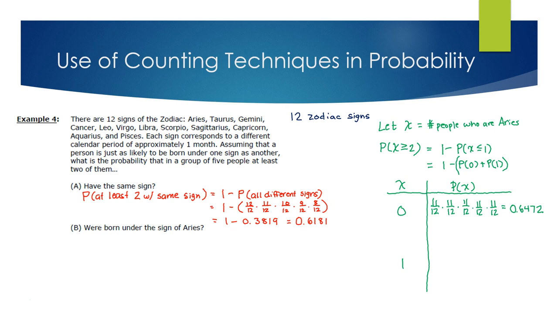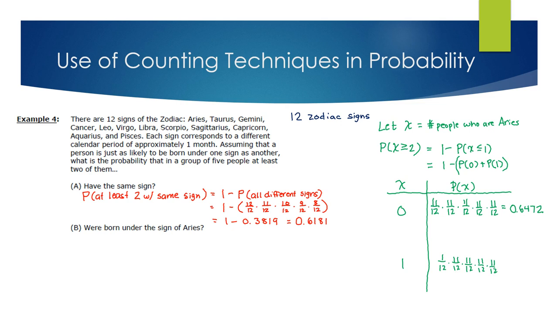I mean, we're already born, so my zodiac sign is not going to have an effect on what someone else's zodiac sign is going to be. So, the probability of having one person that's an Aries and 4 that are not is going to be, well, a lot of people think it's this, just this by itself. Well, obviously, that would be one person. It would be a 1 out of 12 chance that person has the zodiac sign Aries. The next 4 people are each going to have 11 out of 12 chance of being one that doesn't have Aries. The problem is, if I look at it from that perspective,